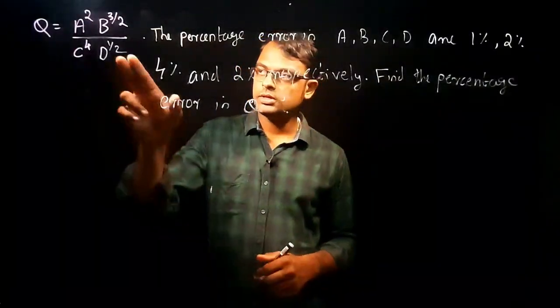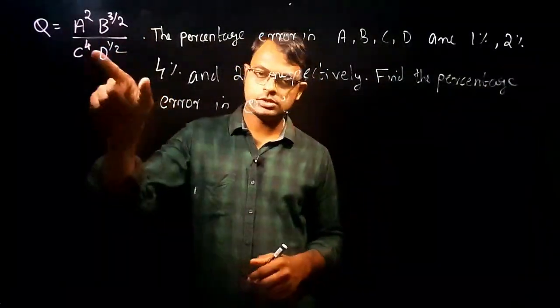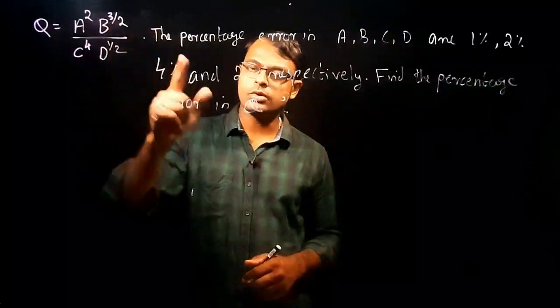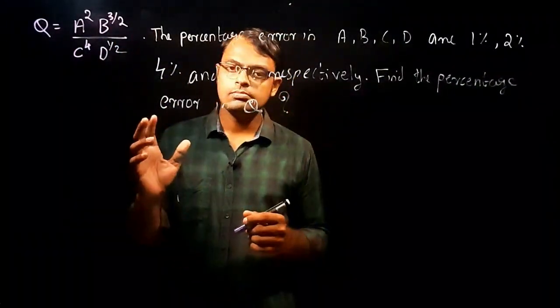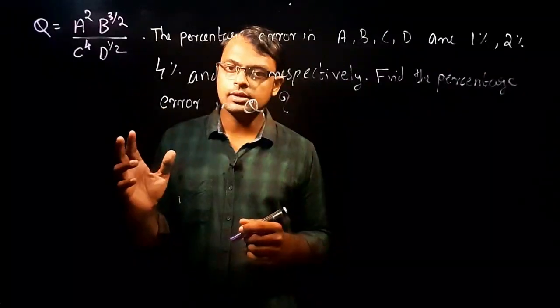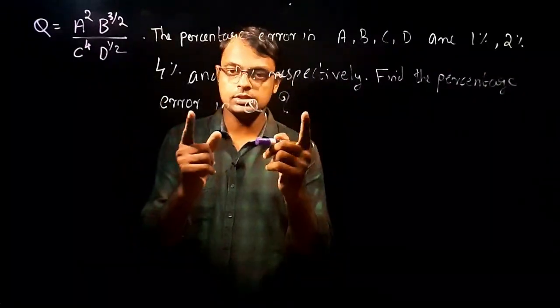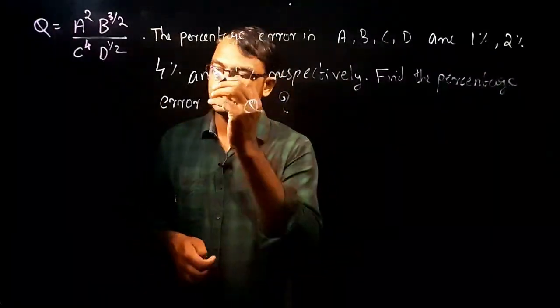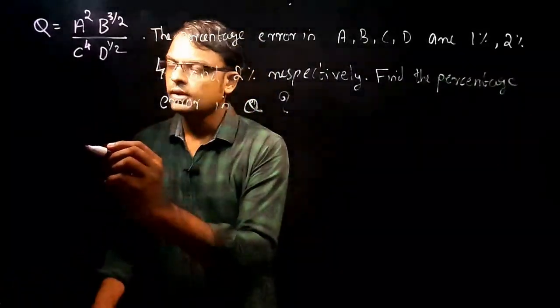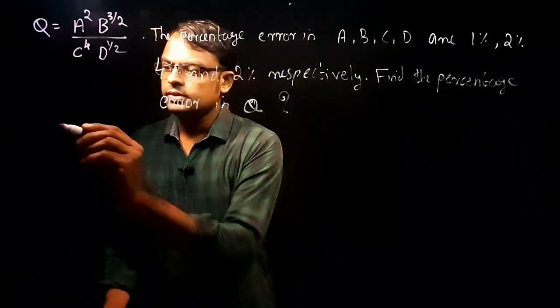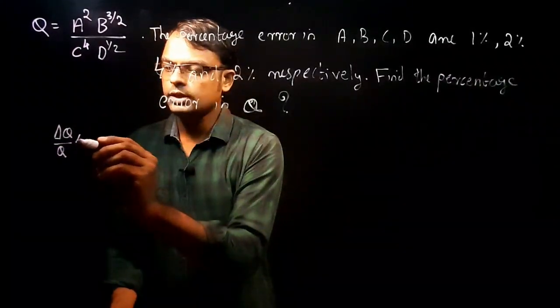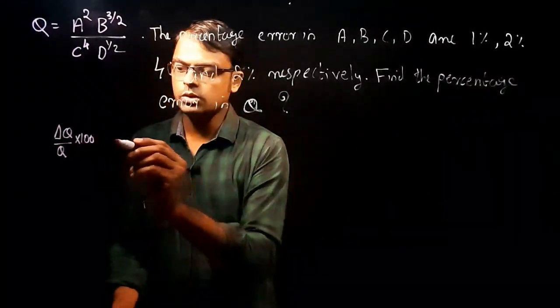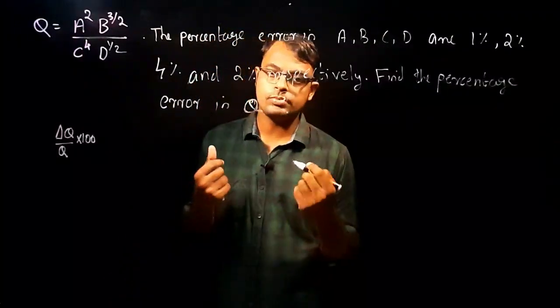Okay. So here multiplication is coming, division is coming and error in power of a physical quantity is coming. We have to calculate here the maximum possible relative error as well as the percentage error. The question is asking for percentage error. So how to write this equation as delta Q divided by Q into 100, because we are not writing relative error, we are writing what? Percentage error.